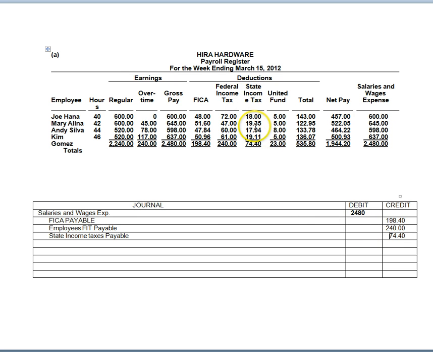Okay, and then you've got a United Fund. That's a voluntary deduction. People make pledges to charities, and the employer acts as a go-between the employee and the fund, and will once a month or once a quarter make the remittances to the fund itself. So we'll put that United Fund contributions. Again, there'll be a ledger account set up: United Fund contributions